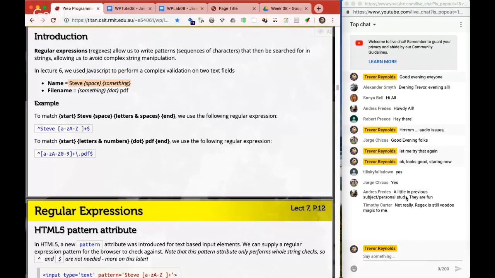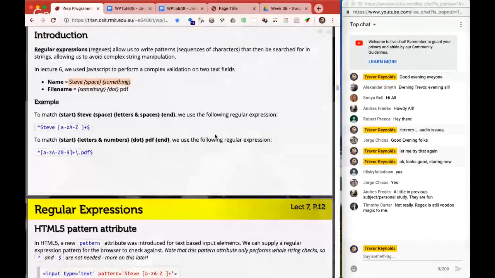So Andre, you're saying you've done a little bit. They are fun. Oh, definitely fun. I think Tim's comment is probably more reflective of how people really feel about regular expressions,